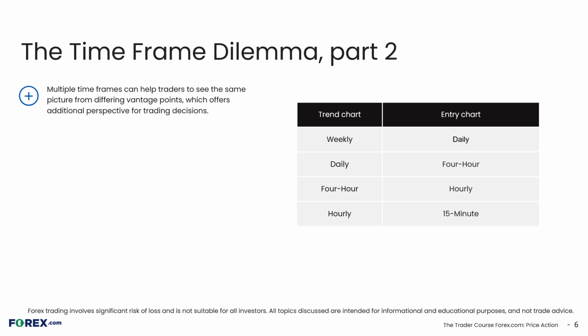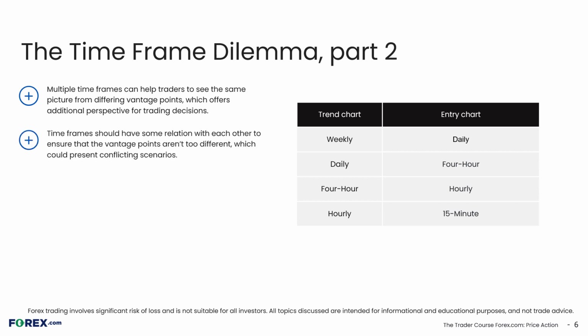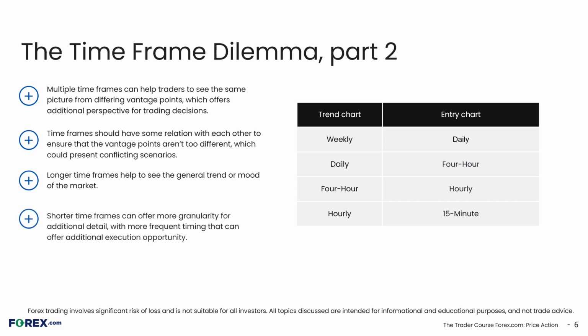But the key here is ensuring that the time frames have some type of relation to one another, as using a 5 and 15-minute chart may not offer much clarity to the trader lining up positions on the daily or weekly chart. On the right side of this screen, I'm looking at some sample arrangements, and in each, the longer time frame would be used as the trend chart, helping to see the market's direction and trend, or possibly lack thereof. Shorter time frames offer more detail, and after the trader knows the direction that they want to trade or approach a market,